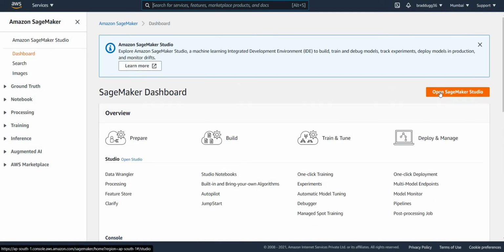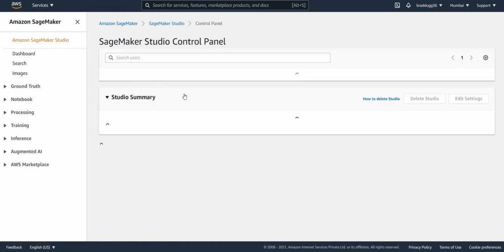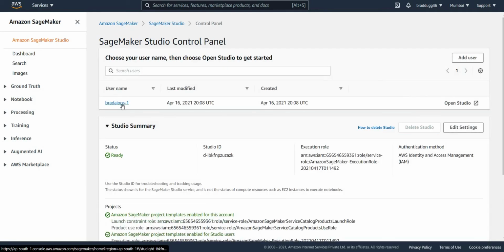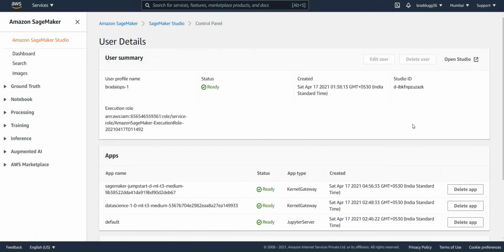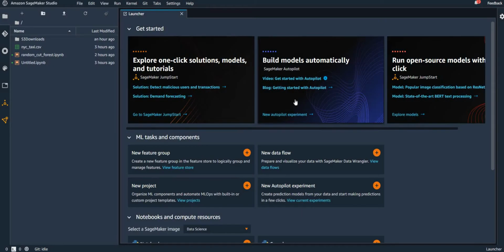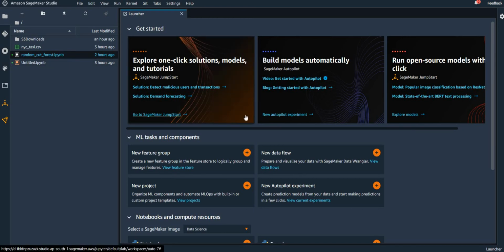So this is the SageMaker Studio. I want to open a studio. So if I click on this, it will ask me to open studio. So this is the Jupyter notebook symbol. So build. So these are all the services that are available here. So I've used the Jumpstart service, wherein I can get some ready-made models available and I can use them. Or if I want to create my own project, I can do that using new project also.